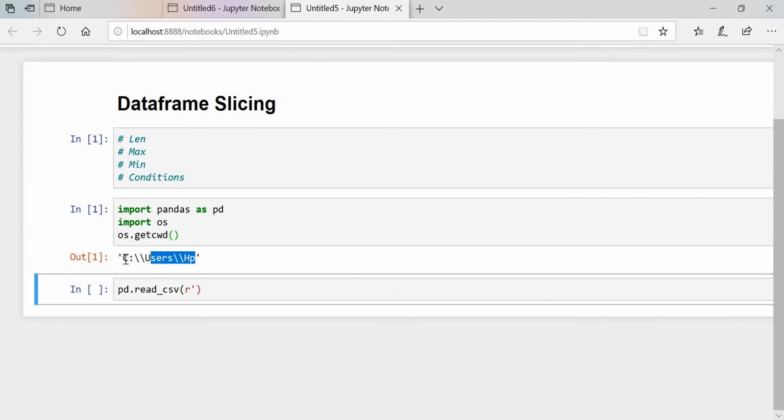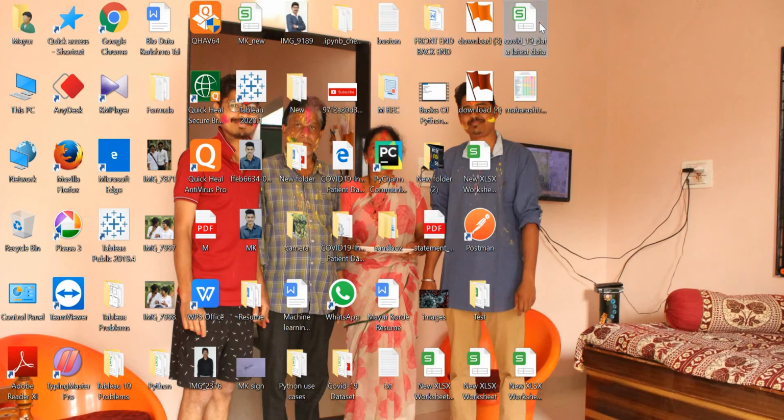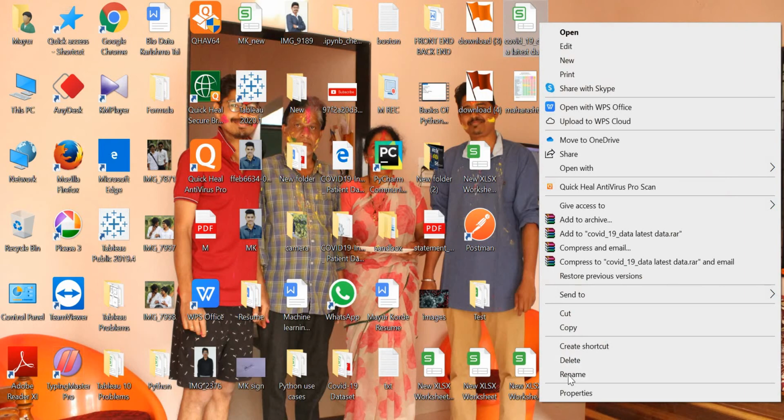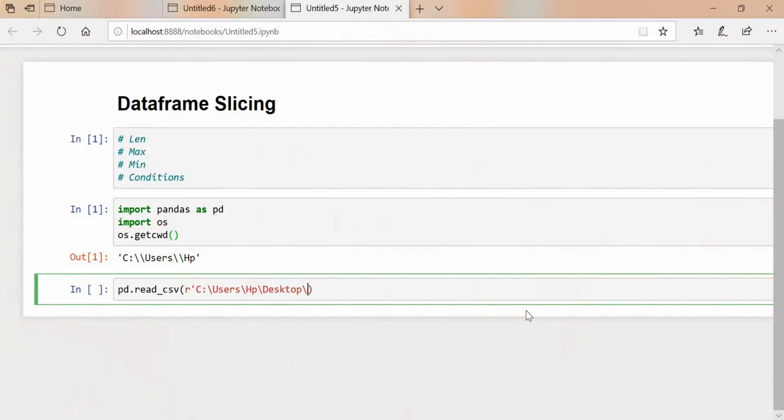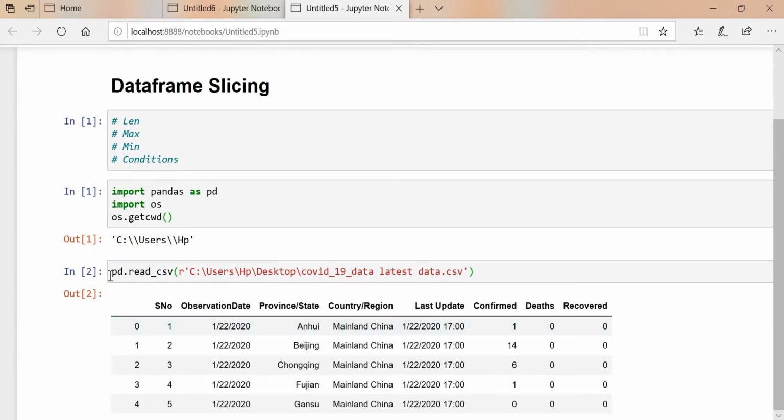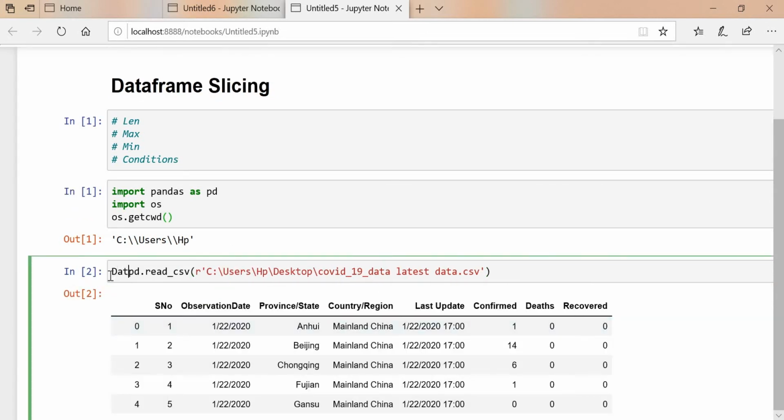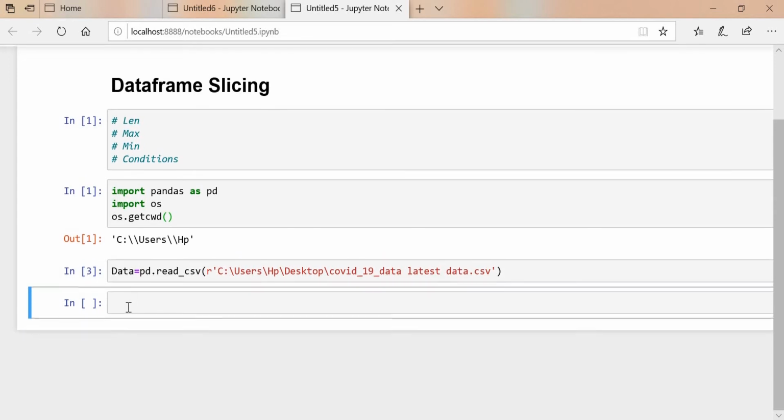We'll pass the path inside it. My file is on the desktop, so I will rename the path, copy it and paste it over here. I will execute. So I got this data. I'll put this in one variable, that is data. Then we can call this data.